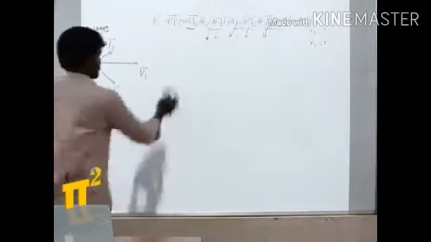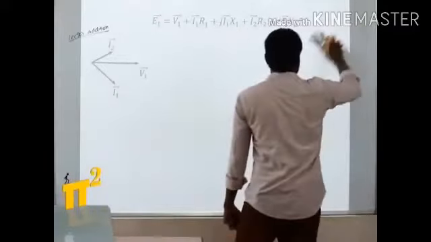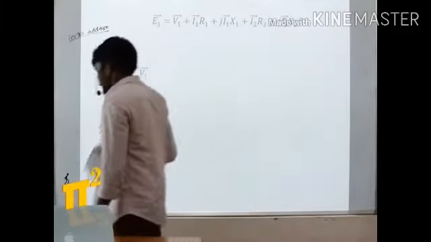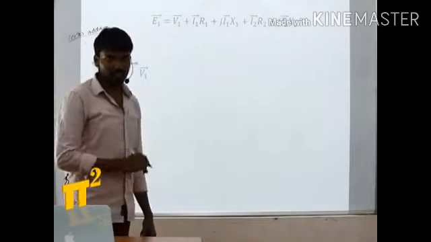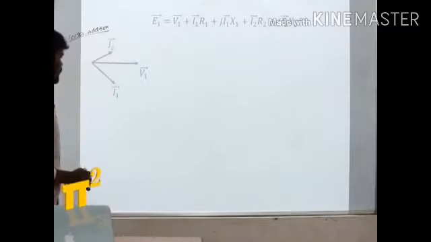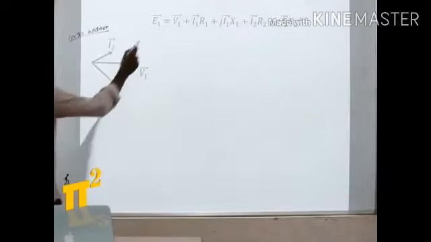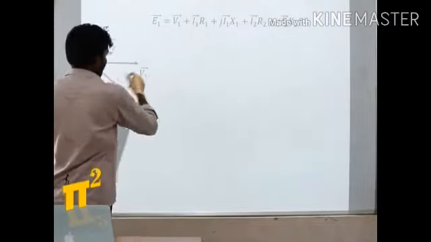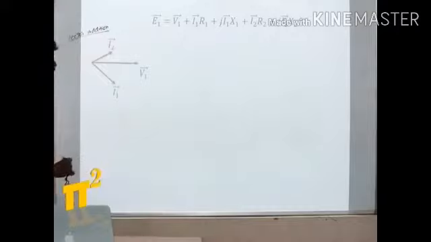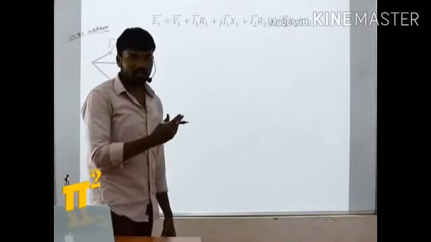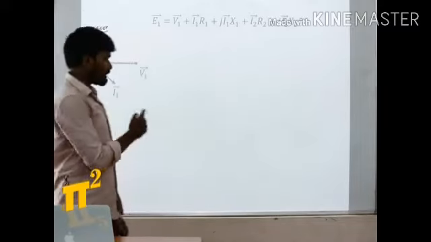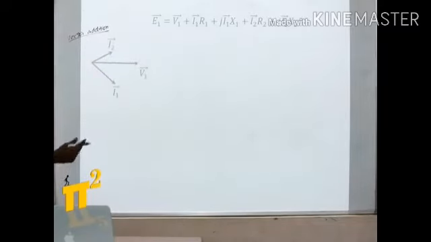For you to get more confidence, let's see another one. You solve this. Here you take R1, R2, X1, X2 as your wish. You can take any value and try to plot the phasor diagram for this. V1 vector is given, I1 vector is given, I2 vector is given. I am asking you to take any values of R1, R2, X1, X2. So correspondingly, you draw the phasor diagram. I'll help you. We keep drawing.